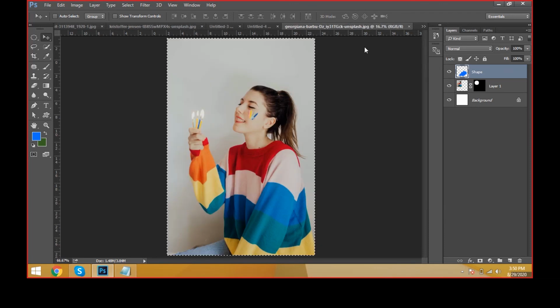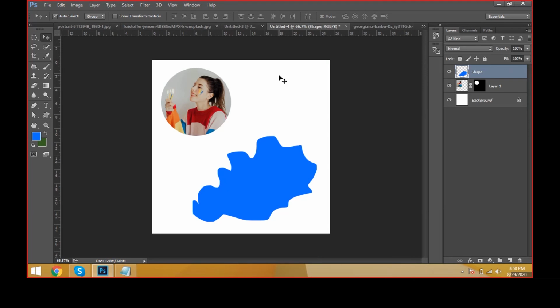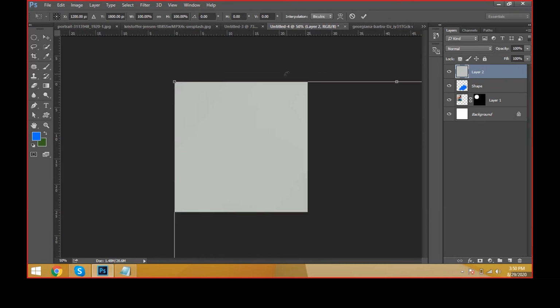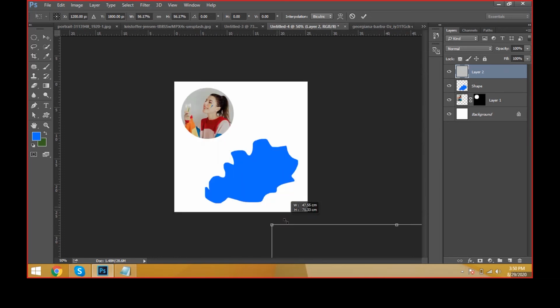Okay, now come to here. Control A, select all, Control C, copy on the keyboard, come to here. I'm not pressing Control Alt Shift V, I'm just pressing Control V to paste the layer, and Control T, transform controls on the keyboard. I would like to decrease the size of the layer, and I can decrease it.